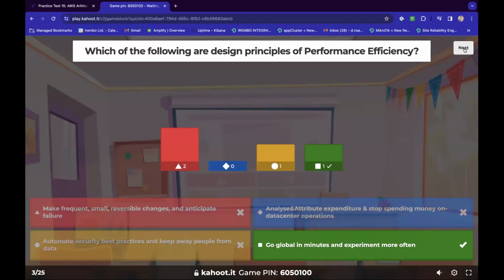So here they are mentioning some of the things which are best design principles for performance efficiency. They are saying: make frequent, small, reversible changes and anticipate failure. So I believe this is part of the operational excellence, if I remember well from the session we just had.